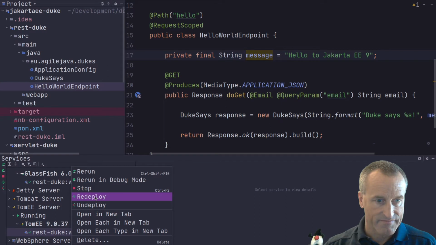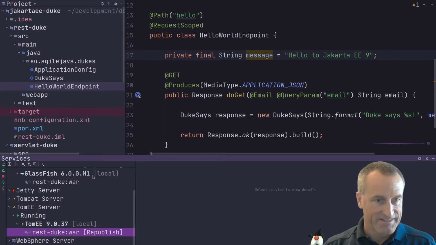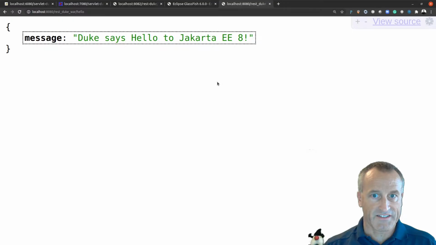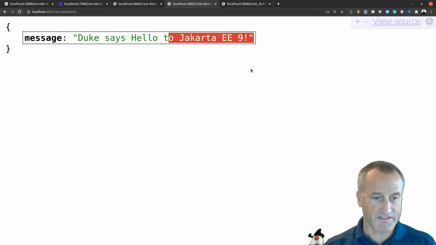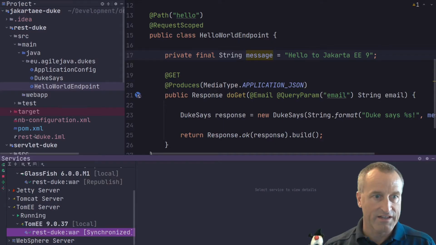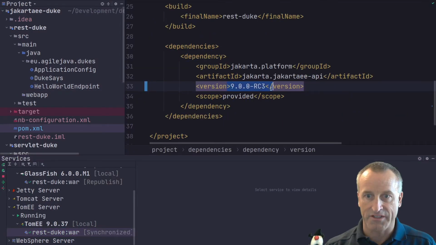It's probably a little faster. Let's see when it's done. I think Tomee should be up and running, and it says 9. So you see it's running on the Jakarta namespace, and it says Jakarta EE 9. So there you go. That was pretty easy. I was a little bit fast there running it on two at the same time, but as you see, what I did was change the version to version 9 and then fix the imports.